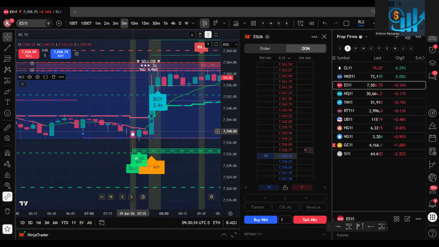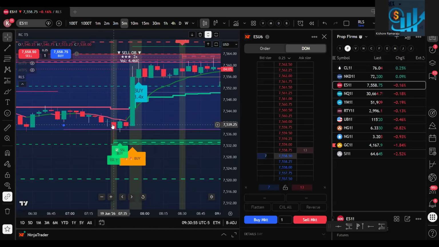So finally what they did, they broke the support, right? This is your support level, the bottom. They broke all the way to the bottom because we may keep our stop loss somewhere here, right? If you want to buy at the bottom so that it will go up. But what market makers will do, they will try to break the support. All our stop losses will hit immediately. Again, they will take it up. So this is a sell side liquidity.